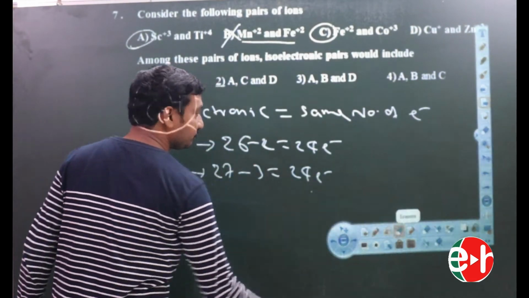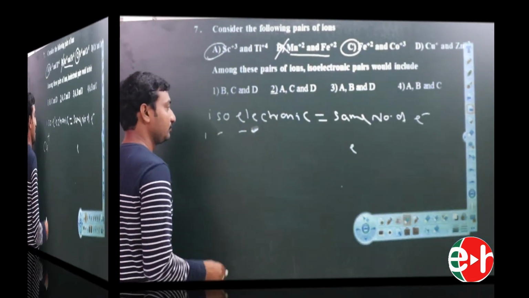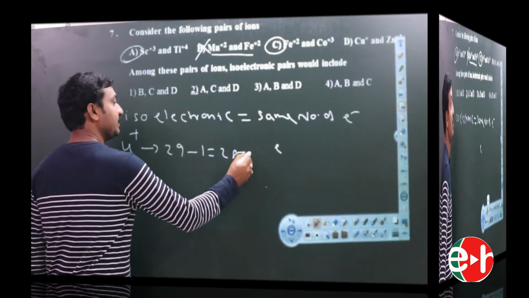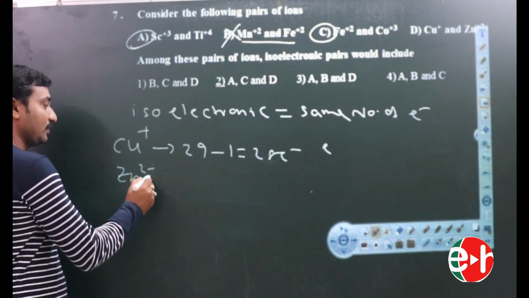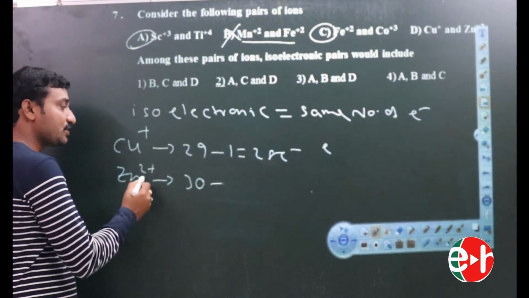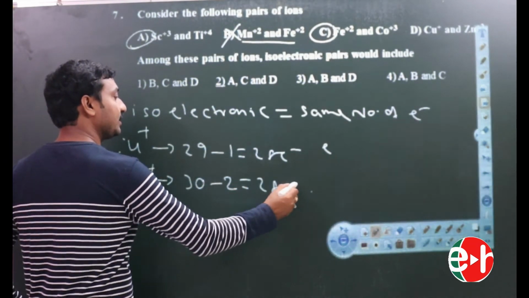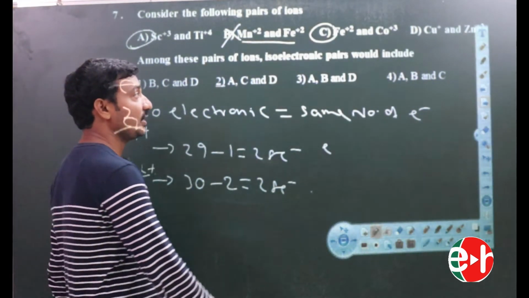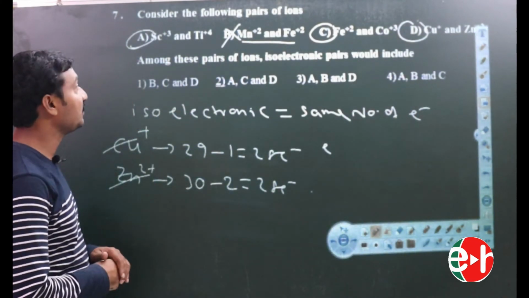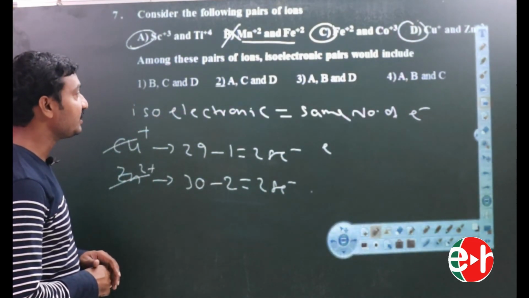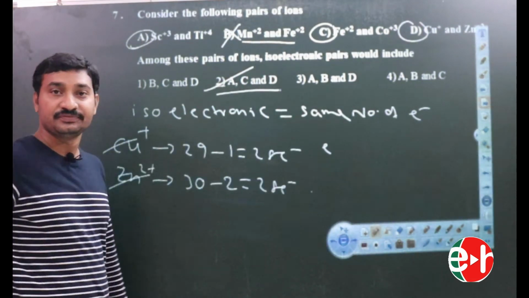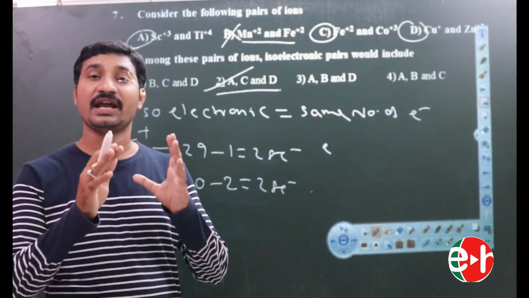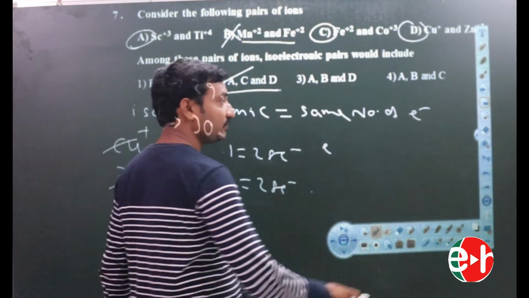Now the last one. Copper atomic number 29, plus 1 means it lost 1 electron, that is 28 electrons. Zn2 plus, zinc atomic number 30 minus 2, 28 electrons. Both have the same number of electrons, hence they are isoelectronic. So the correct option is ACD. Hence the second one is the right answer. Got it? Isoelectronic species means having the same number of electrons. Got it? Next,